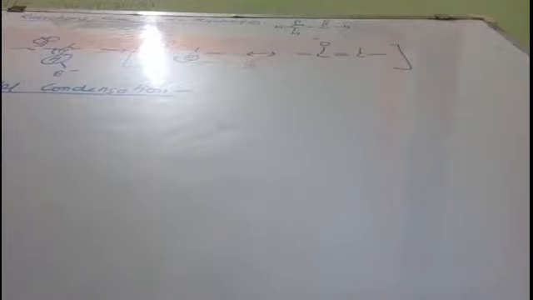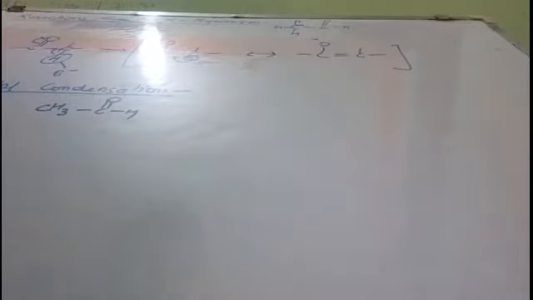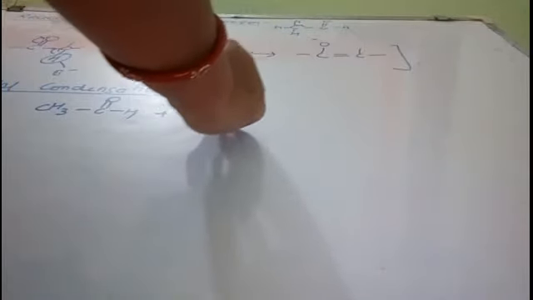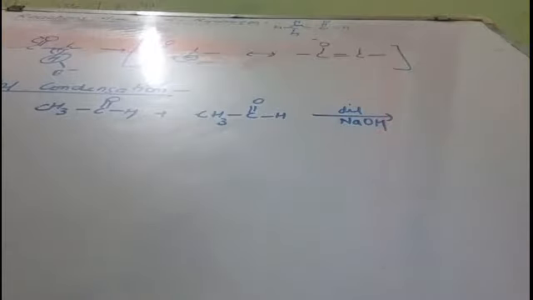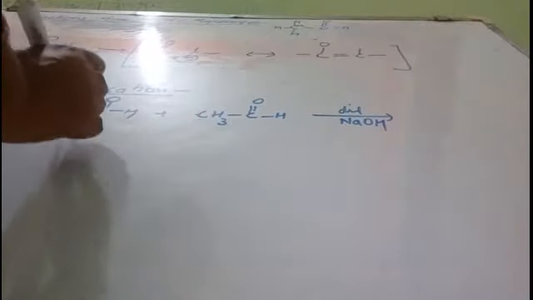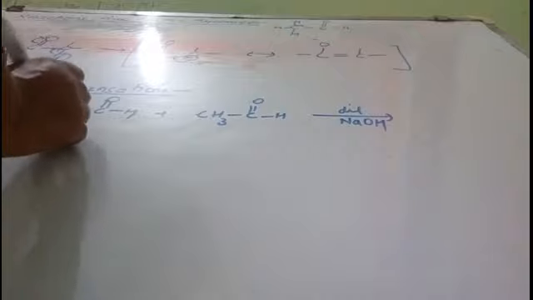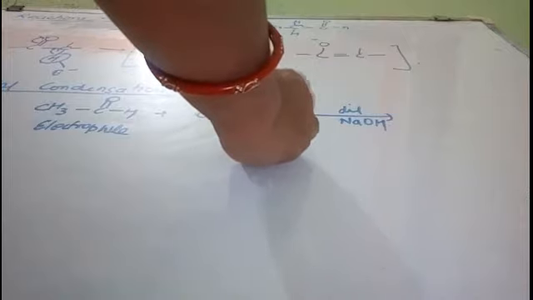Right? Let us see. Suppose we have here ethanol. Now this ethanol contains alpha hydrogen. So when ethanol reacts in the presence of dilute alkali, which we have taken as a catalyst, what happens? Self condensation, means they will combine together. Now you have to remember that here one of them will be acting as a nucleophile and the other will be acting as an electrophile, right? This is acting as an electrophile here, and this will be acting as a nucleophile here.